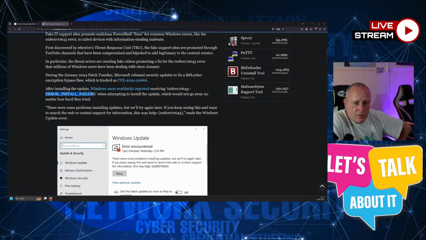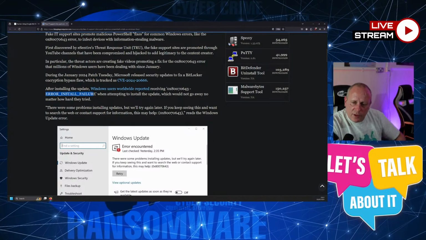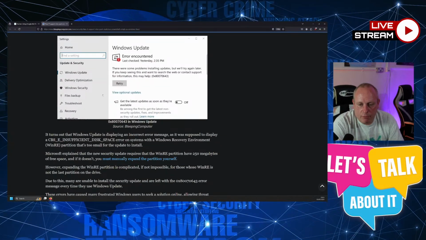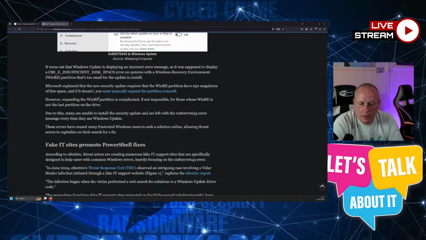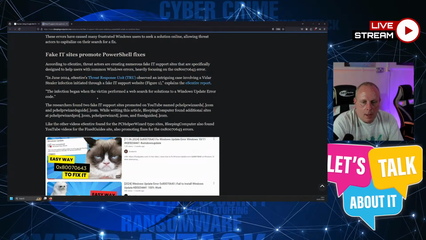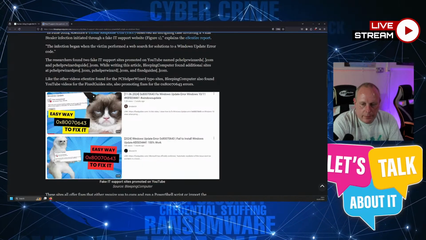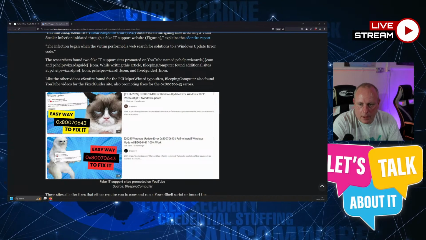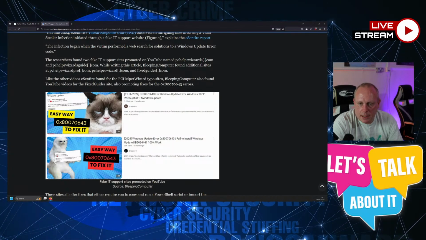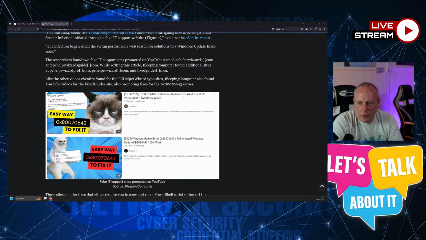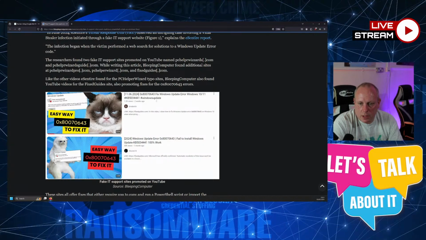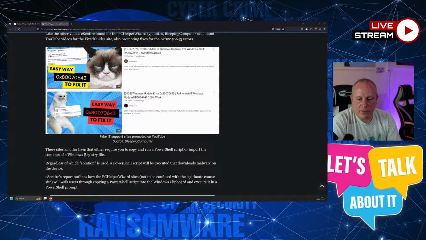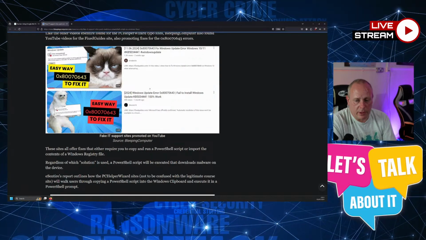And I've seen these myself, and people are Googling fixes for them and just running scripts off random websites that are actually fake and not very helpful at all. So just be very careful with that, and we can see it there. Fix guides, and we've got the fix for Windows update error for Windows 10, Windows 11, KB 5034441, and this is exactly the type of the fake sites that are being promoted on YouTube.